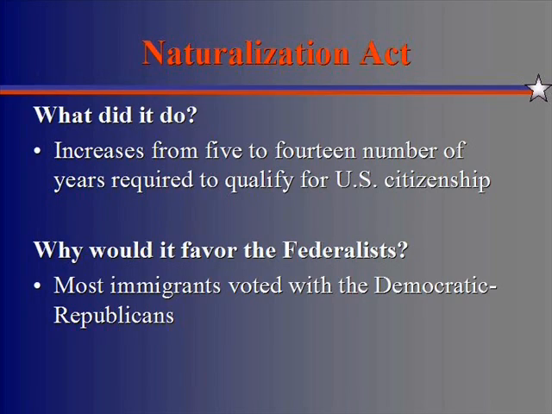Now, how does that help the Federalists? Well, obviously, most immigrants vote for the Democratic Republicans because the Democratic Republicans are the party of small government and they pretend to be for the little people. You know, the same things political parties do today. So by limiting the number of people that can get citizenship and hence the right to vote, they're actually decreasing the number of Democratic Republican voters, which gives them more power, because if you're not adding new Democratic Republican voters, you have a better chance of winning the next election when it comes up in another 2 years.